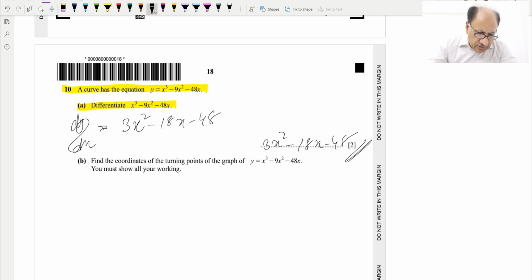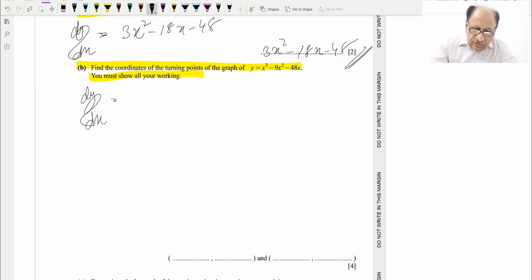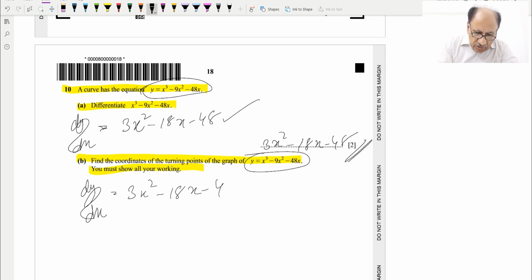And next is B part. They're saying find the coordinates of the turning point of this curve. You must show all your working. So dy by dx is equal to 0, which we already found. It's the same equation. If you check this equation and this equation, it is the same, so the derivative is this one which we'll be using, and we will write 3x square minus 18x minus 48 is equal to 0,